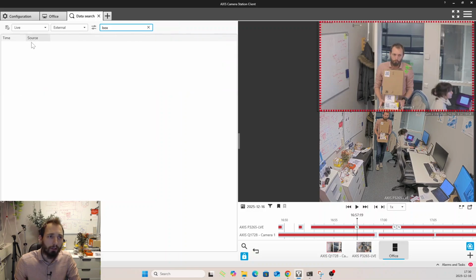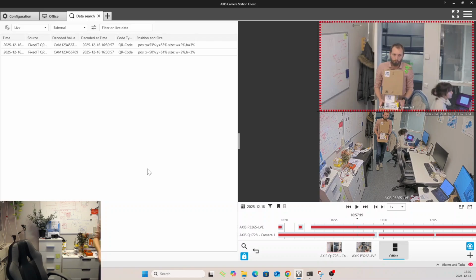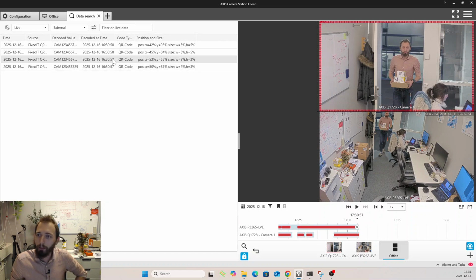The last thing we can do is to select live, which will give us a real-time detection stream. Let me grab a parcel and walk a bit, and we will see those appearing here in the live view. Here we can see that we did get 4 different detections. We can press them and see the